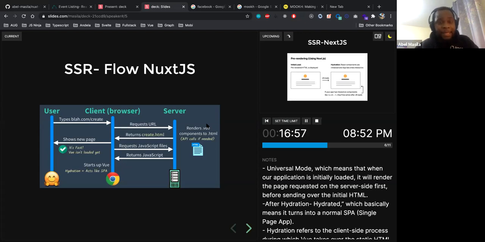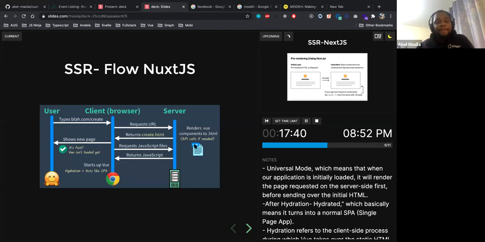But then as that is happening, JavaScript files are being requested from the server too. And when they are returned, your page is hydrated. And as I told you, hydration is basically your Vue or your React taking over the HTML file generated by the server and making it feel like an SPA. You can now do the lifecycle hooks. You can do anything which an SPA can do as long as your JavaScript has come. And as you know, the Vue instance is also a JavaScript thing, so it needs to come back and then create the instance, and then you can continue doing Vue stuff. That is what the flow looks like.